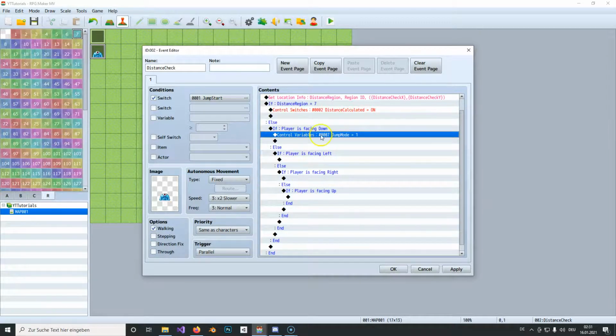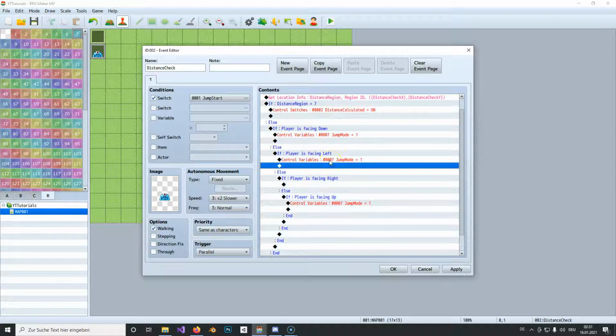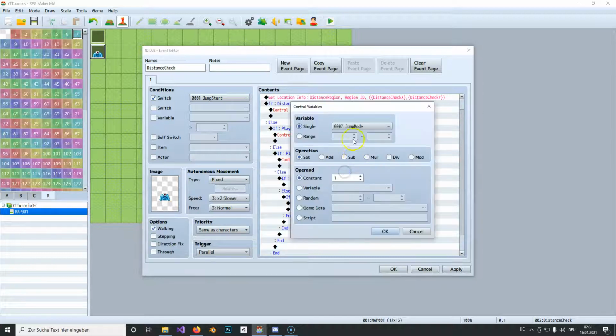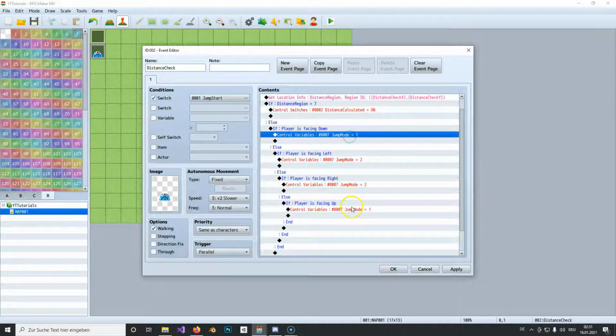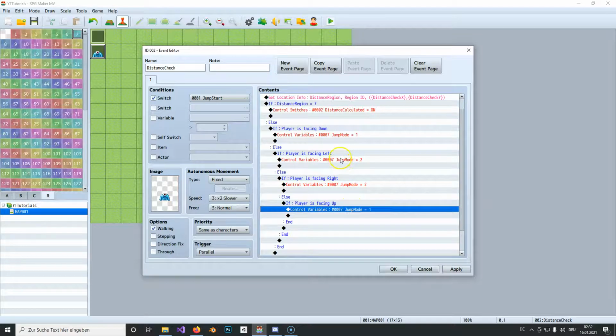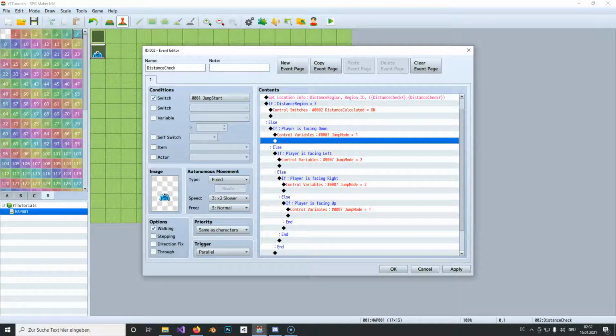So, if we need this for up and down, and if it's left or right, then we will set it to 2. And we can copy this and paste it here. So if it's go up and down, jump mode will be 1. If the player is facing left or right, it will be 2. Now the next thing